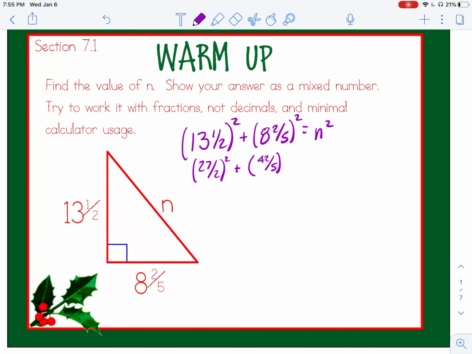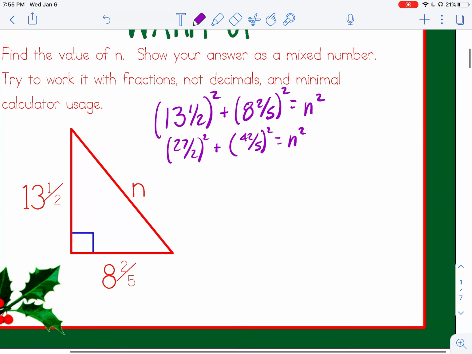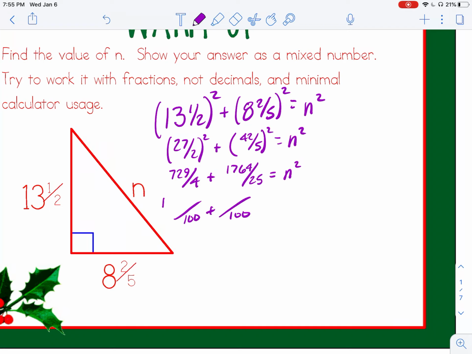You should know how to do that. And when you square a fraction, you square the top and the bottom. And obviously, I'm not showing the calculator steps, but if you need the calculator for some of that, you can certainly use it. And then to add fractions together, you need a common denominator, which in this case would be 100. All right, now you can add those numerators together,